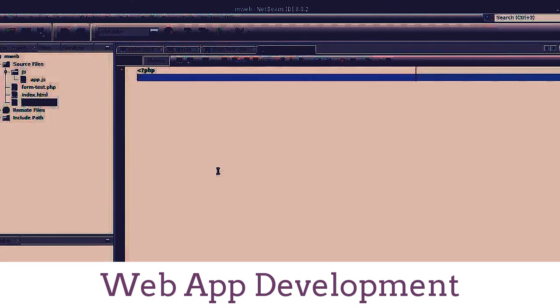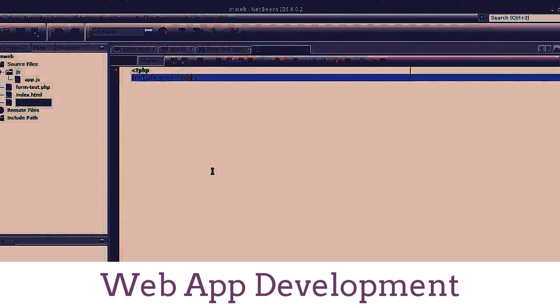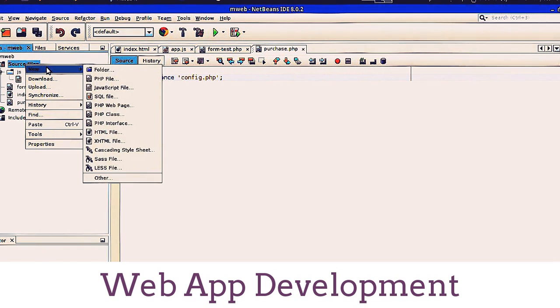Now when we connect to the database, you will need to provide a username, password, and all that. It is not a good idea to store your username and password and the database name. All these things should be external to the application. They should not be part of the source code of the application. So that's why in PHP we say we will do include_once of config.php. That's the configuration of the application. And now we create a new file called